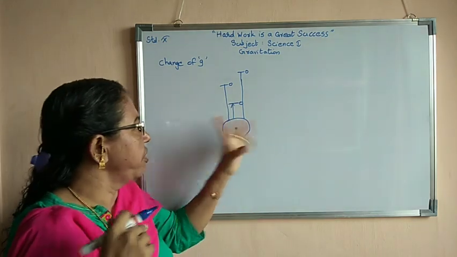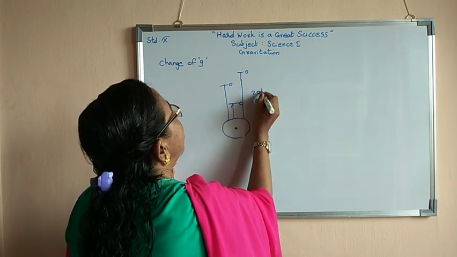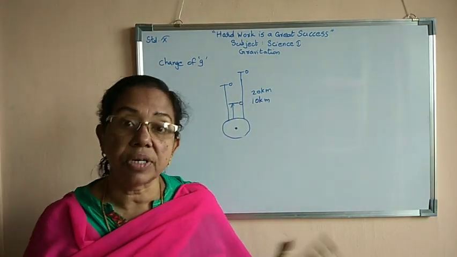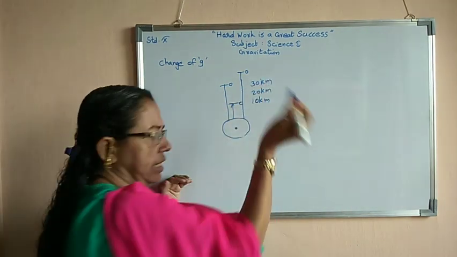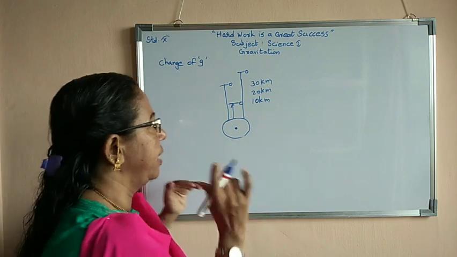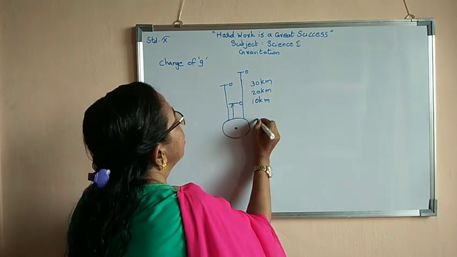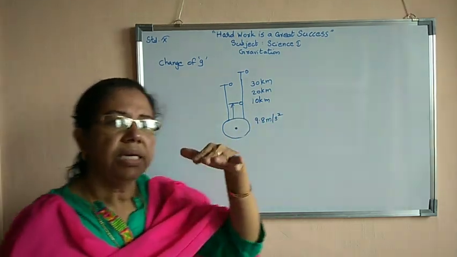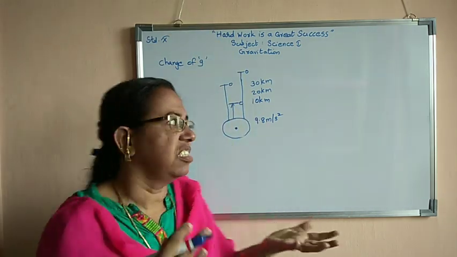Suppose from the surface of the earth 10 kilometer far, or we can say 20 kilometer far, like that all will be there. Even then the gravitational force will be constant. But I can say that above 30 kilometer, if the object is there, then the gravitational force exerted by the earth reduces. We can say that the earth's gravitational force till 20 kilometer, till 15 kilometer will remain constant only, without much change. But once the height is more and more, beyond 30 kilometer above the surface of the earth, then we can say that it can be